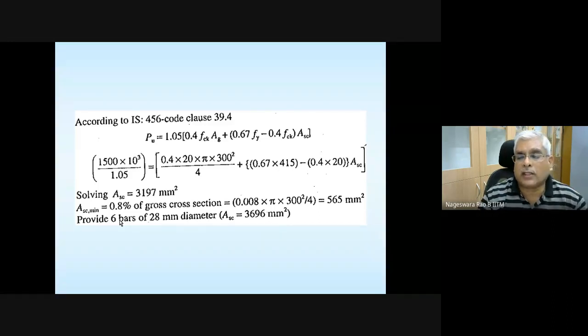So when you are selecting the bars, sometimes we cannot use an odd number of bars or something like that. So accordingly, either change the diameter of the steel reinforcement, or you need to do some kind of trial and error with number of bars as well as diameter of the bars. Make sure that the area of steel provided is matching or exceeding this value. Okay. So 6 bars of 28 diameter bars are selected,